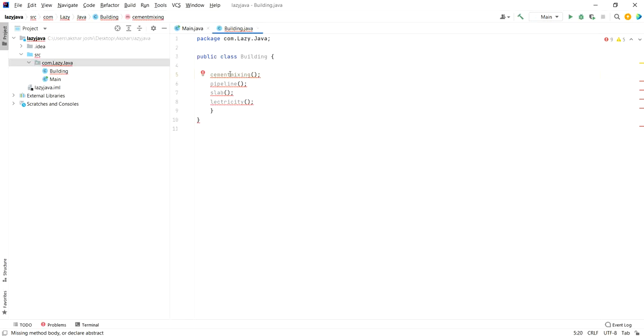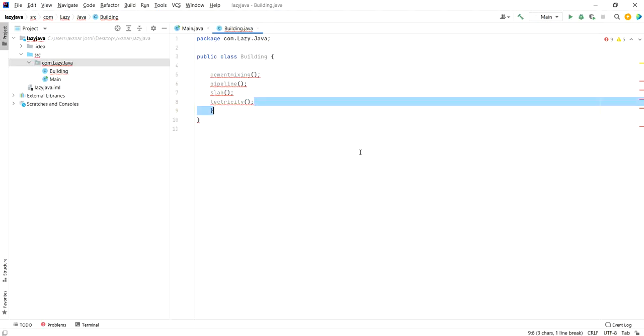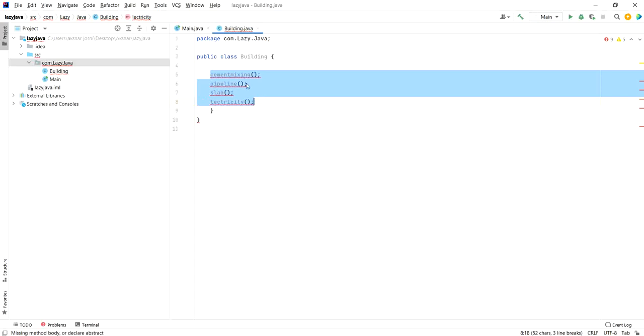You assign separate teams to take care of cement mixing, a different team for pipeline, slab work, electricity. And once they work independently, and once we combine all these things, we get something called a building.